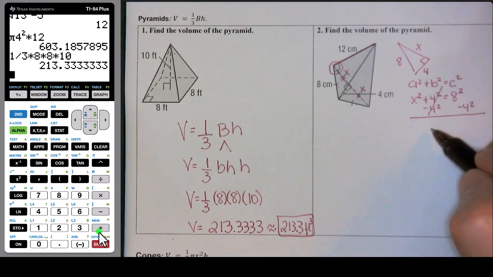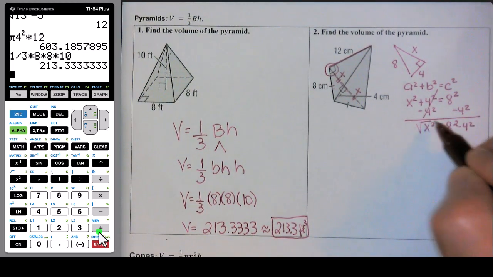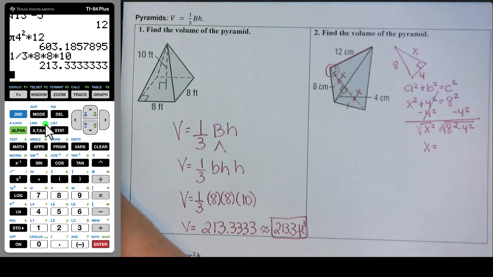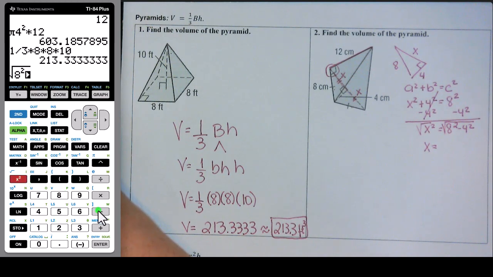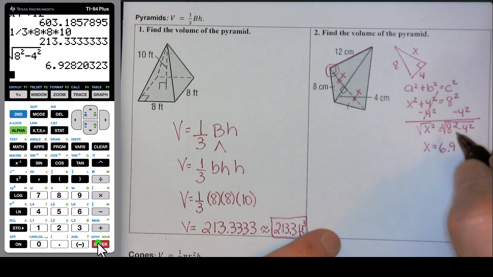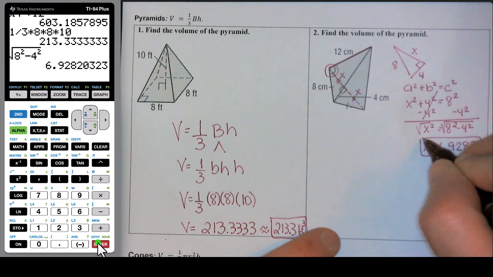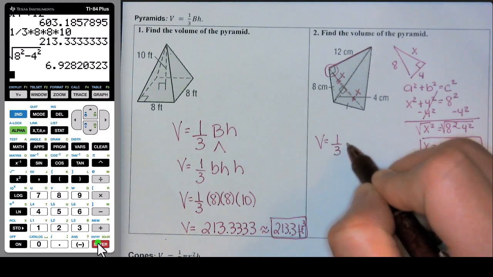So that 4 goes away. So we get x squared equals 8 squared minus 4 squared. And then we take the square root of both sides. So this would be x equals, let's see what we get. Square root of 8 squared minus 4 squared. And we get x equals 6.9282. Very good. Remember, we're doing all this because we're going to find the volume, which is area of the base